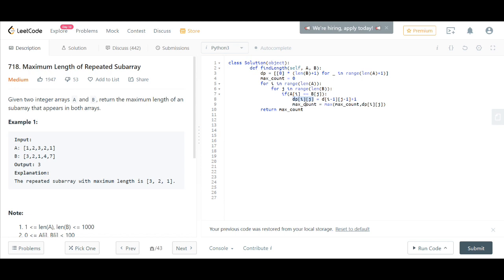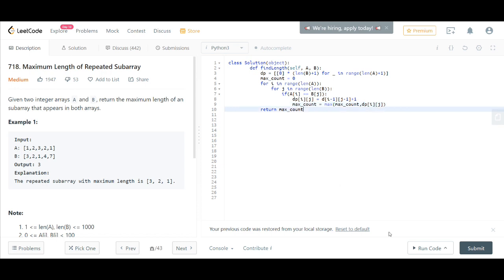The maximum value of the subarrays that we have seen so far till the ith index in A and the jth index in B will be the value that we update in dp of I J. And the maximum length of subarrays that we have seen so far, we update in max count. I hope everything is clear till now.